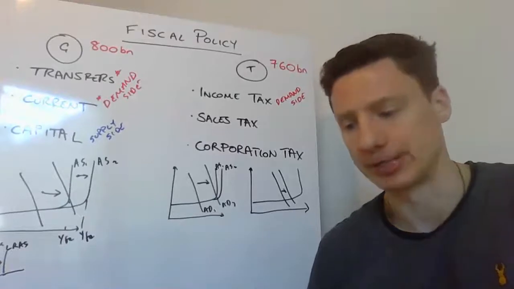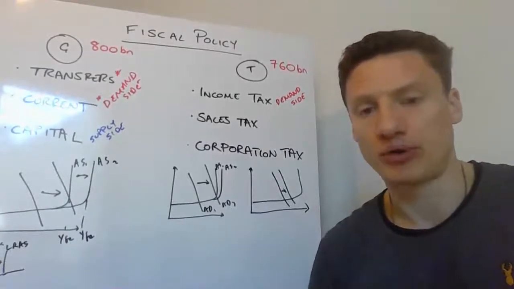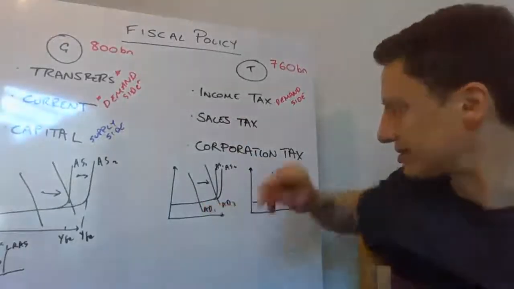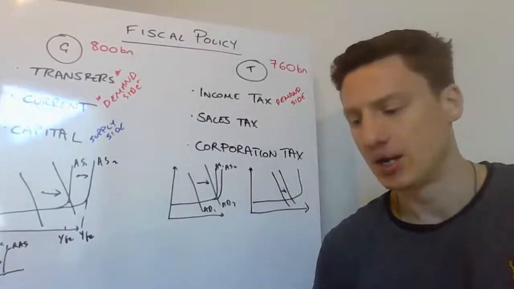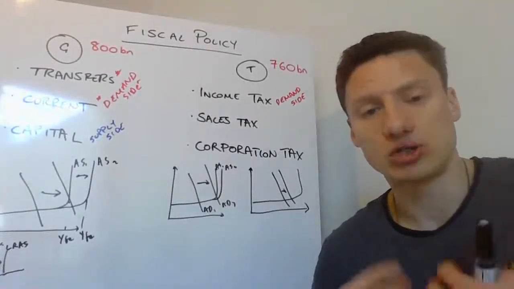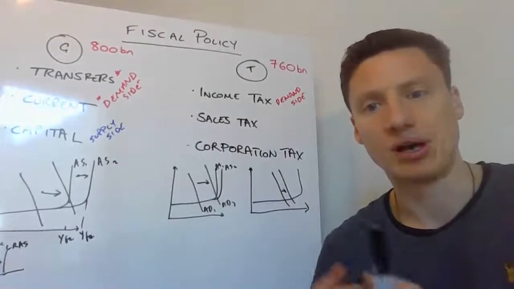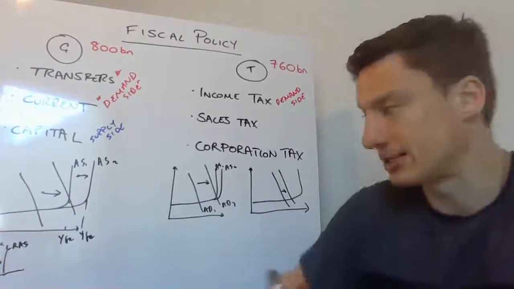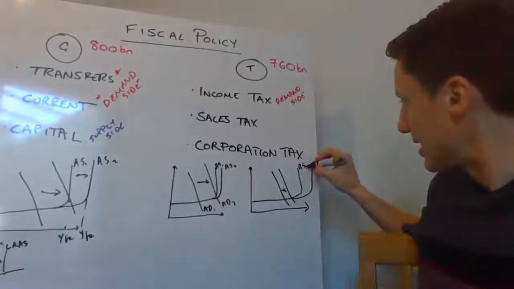So investment should increase. But investment is usually a much smaller component of AD than consumption. So I think it's likely to have a smaller effect on AD. On the other hand, if they are doing all of this investment, if they are building larger factories, if they are buying more machines or investing in R&D to get better machines, then you would expect there to be a much larger shift in AS.